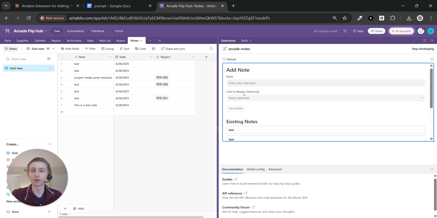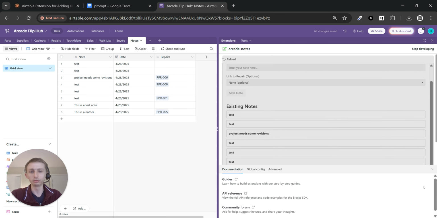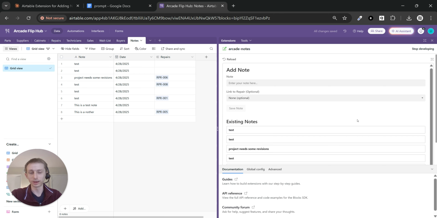You can see you can do it without a record. You can do it, you know, with a repair record. And yeah, so again, I know you can do this sort of thing without a custom Airtable extension, but I think it just helps to kind of get the basics down, and then from there you can kind of build what you want. The last thing is this is still in development mode, and so you will need to release